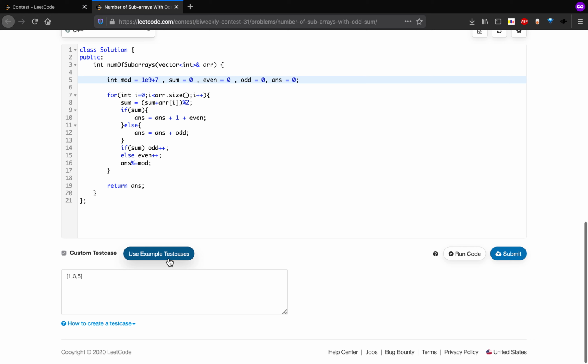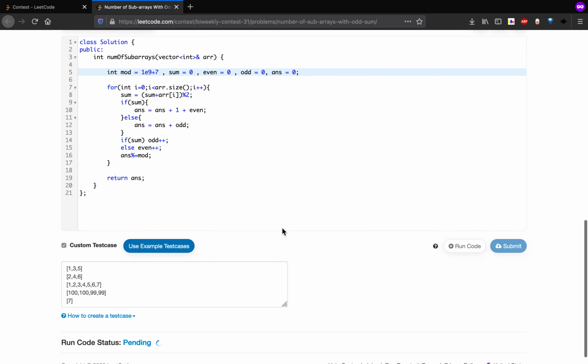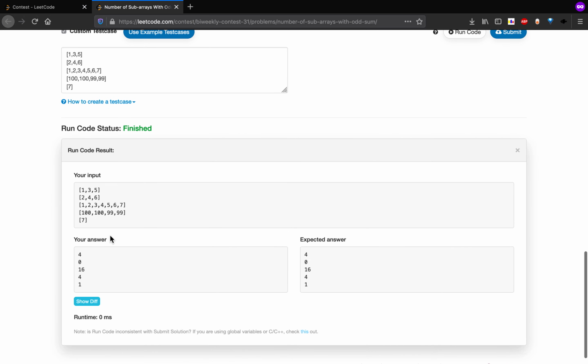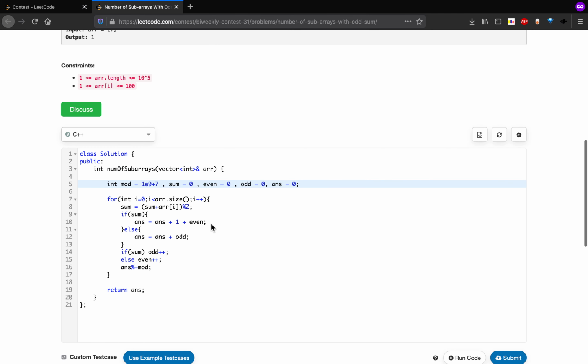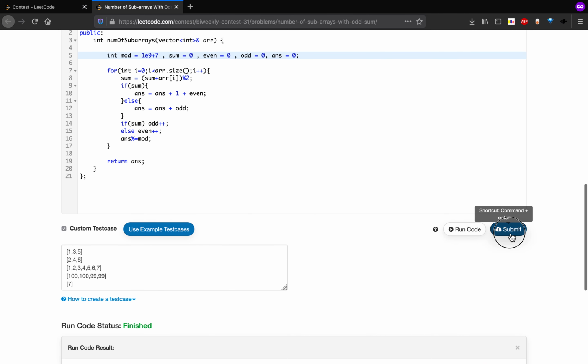Let's try to run it. Let's check it on the sample input. It's 4, 0, 1, 6, 4, 1. Okay, let's submit,